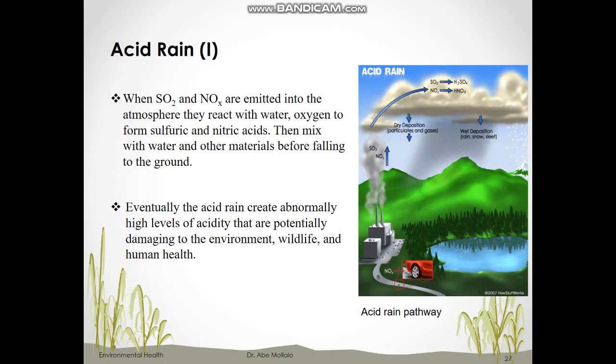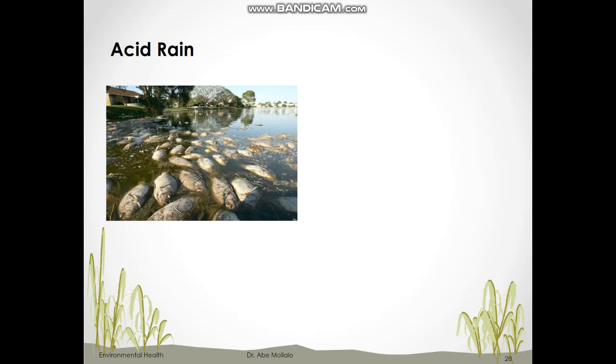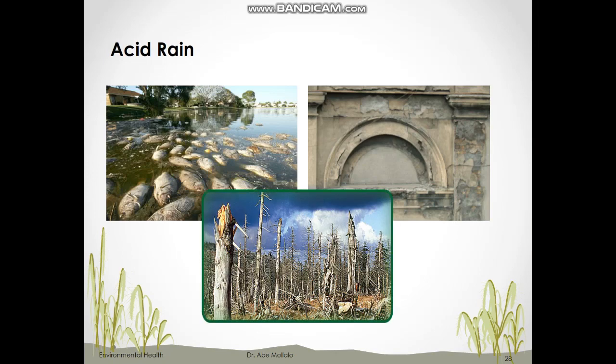So what are the effects of acid rain? They can have huge adverse impacts on human health and also the environment, both the natural environment, such as wildlife, and also built environments, such as buildings. Acid rain can change the pH level in soils and then enter the food web. So these are some consequences of acid rain on wildlife and also on structures and forests.